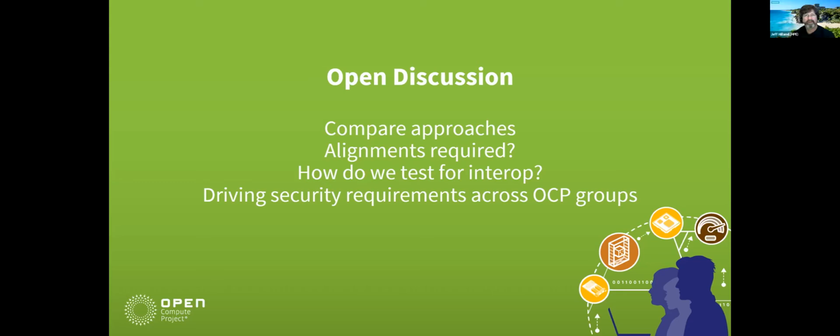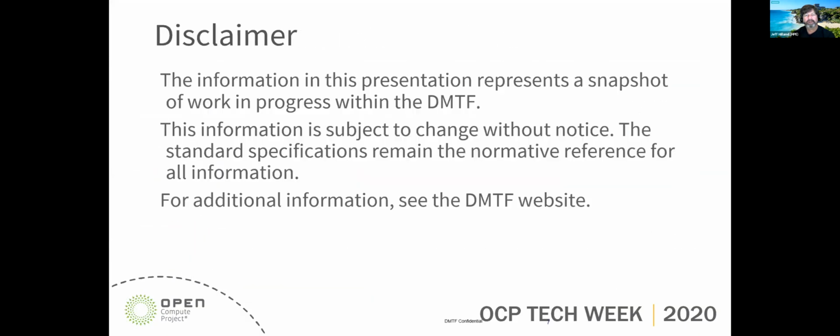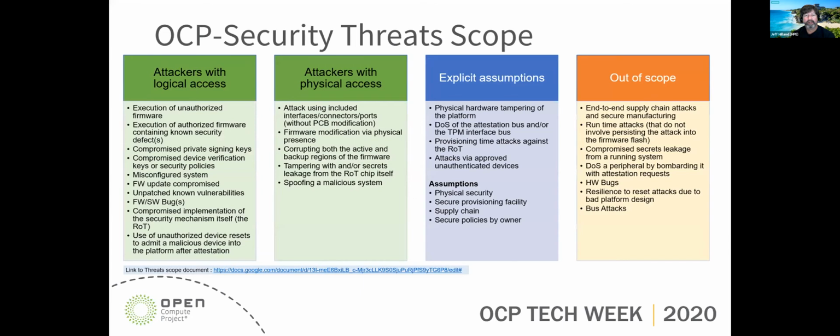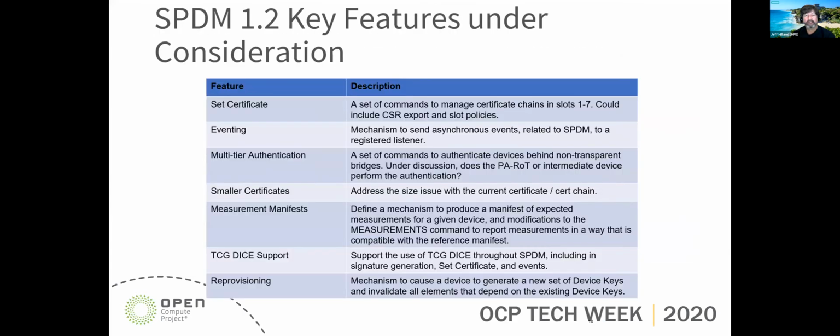Okay. So I've got a question. When we went through the DMTF's SPDM 1.2 list, what on that list is a priority for OCP? In other words, if it takes us forever to hit everything on the list, are you willing to wait a year for another spec, or do you want something in 6 months with a subset of those features, or what do you see the industry need to be?